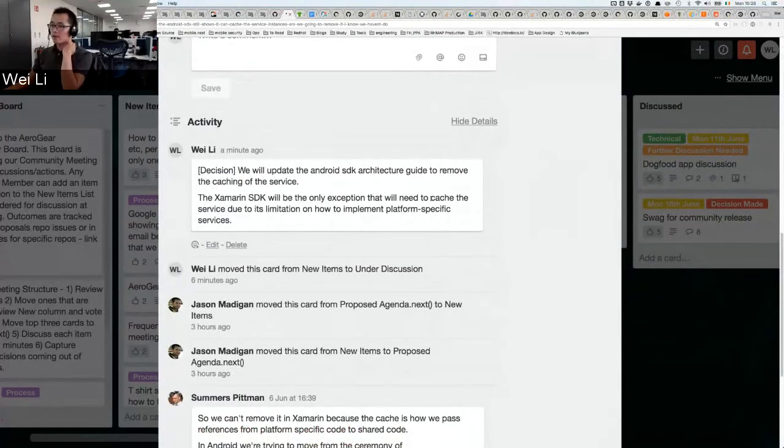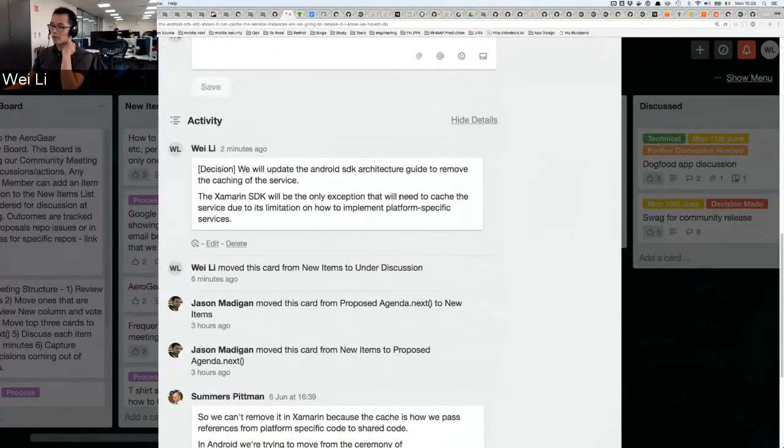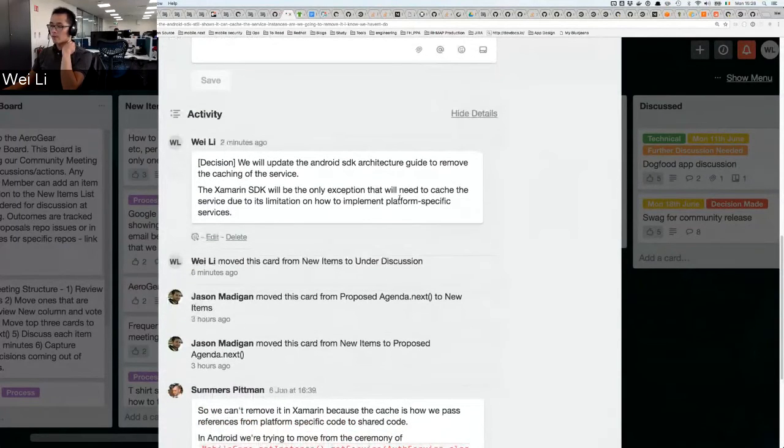Yeah, well, I think we can do the same thing for Android and iOS SDK as well. But I think at this point, we're just not going to do that, because what we thought is that it's really not the SDK's job to cache the service instance. There's plenty of dependency injection frameworks that can help with caching the instances.